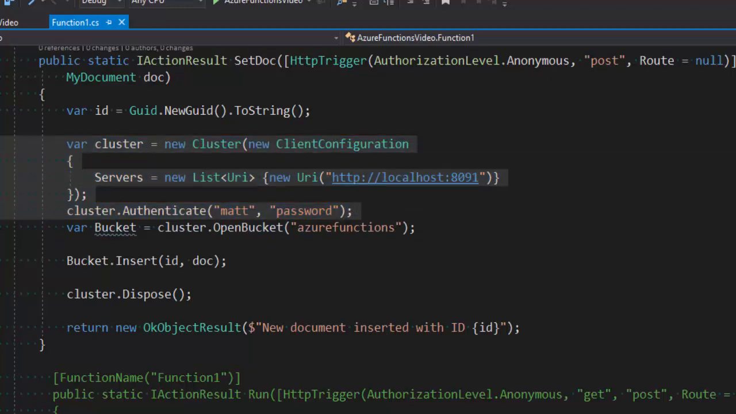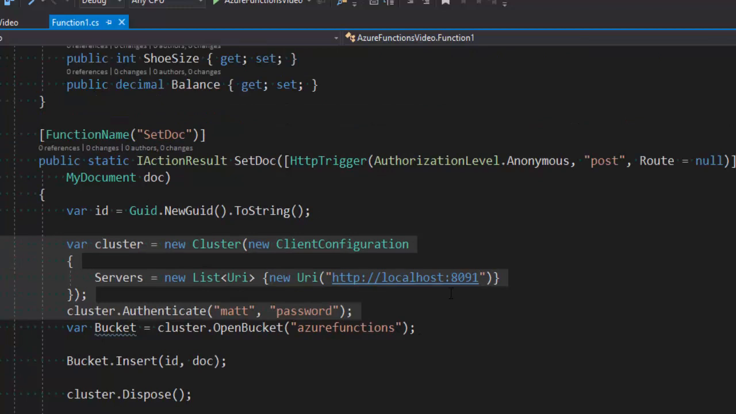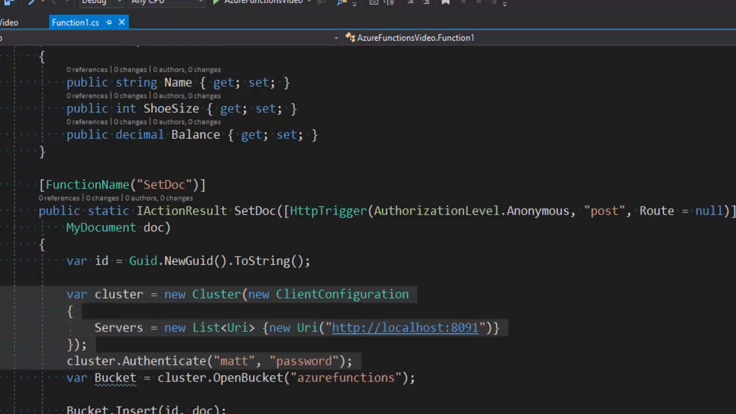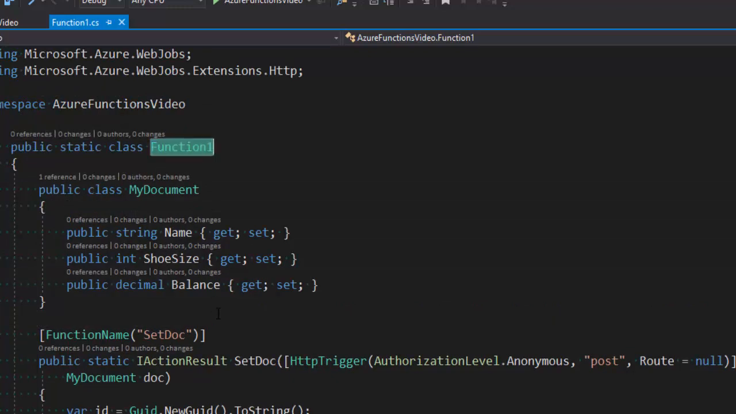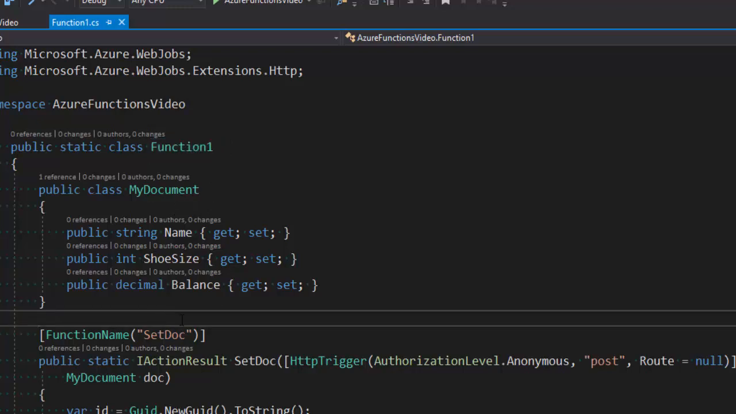Now, we don't have complete control like we do in an ASP.NET application of when this runs or how often it runs, that sort of thing. We do have some control. So I'm going to show you how that works. So let's store this bucket as a static member of the class. And what this means is that as long as Azure Functions keeps reusing this function object here, it's called Function1, we can call it whatever we want to, but as long as we do that, it's not going to create